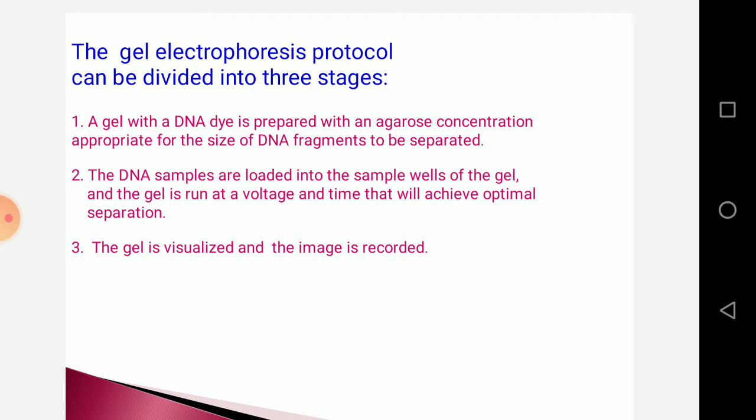The gel is visualized and image is recorded. So after the DNA is fragmented, it is loaded on a well. Well is made of the gel, and it is applied under an electrical field. And under the electrical field, the fragmented DNA moves, and after some point of time, it gets stuck at a particular area, and after that the gel is visualized under the autoradiography, and we see a clear-cut view of a fragment, or we see different types of bands.